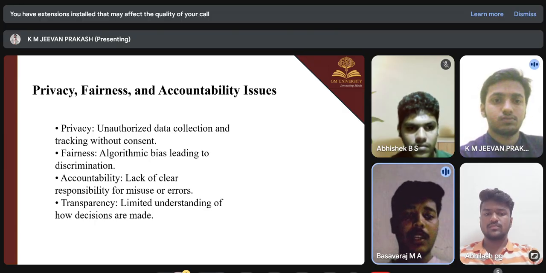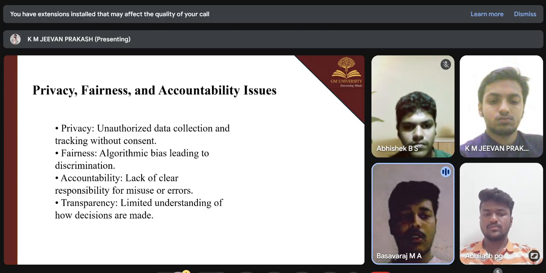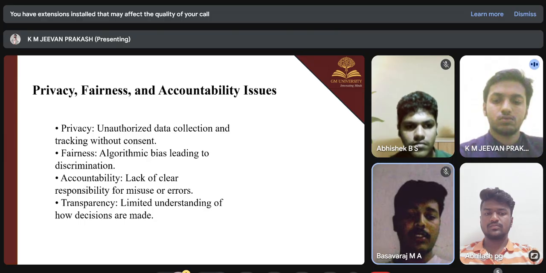Accountability, lack of clear responsibility for misuse or errors. In accountability, no one clearly takes responsibility if the system makes mistakes or is misused. Transparency, limited understanding of how decisions are made. In transparency, it's often unclear how decisions are made by the systems. Next slide will be continued by Abhilash.